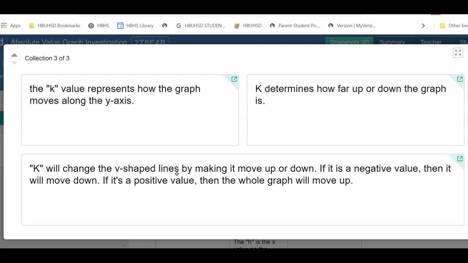So K and H are really similar, but H is working in the horizontal realm and K is kind of working in the vertical realm, changing the y coordinate and the vertical shifting, okay? If you need to make any corrections there, then go ahead and make them and then submit them again in your